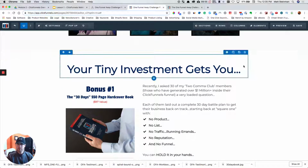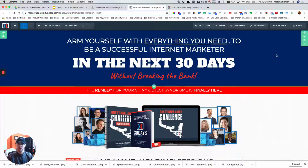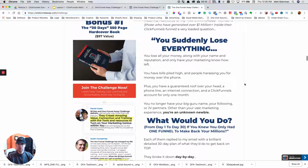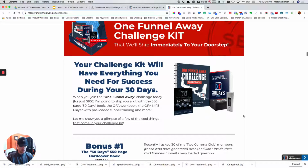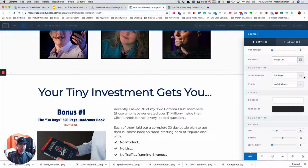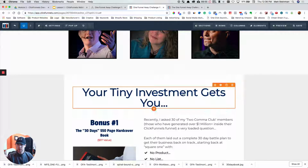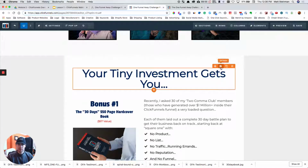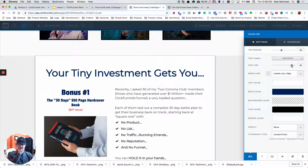So we have our first section. Let's change this background color. Where do we want to? Let's see. What does Russell do over here on his page? His is white, but he has a border around here. Let's mirror that. So his isn't a full width page. His is just wide. So we'll have to go in here and change this section. We'll change it back to wide. Looks a little better. Let's change this text because of that widow there. 68, let's 62,